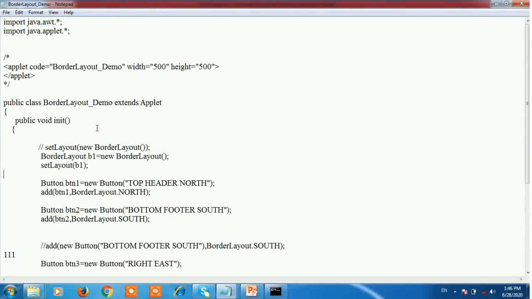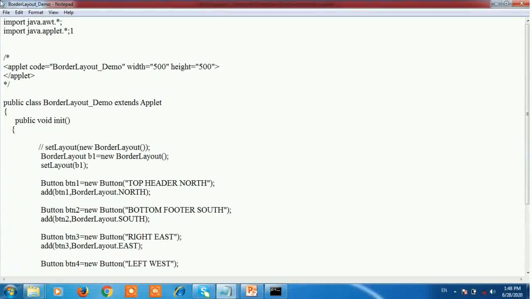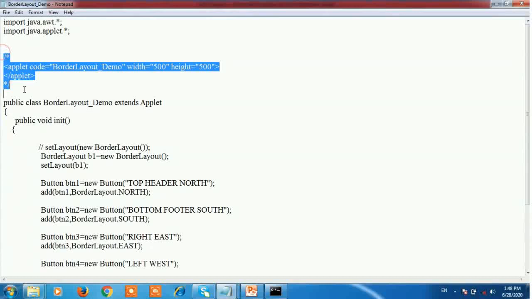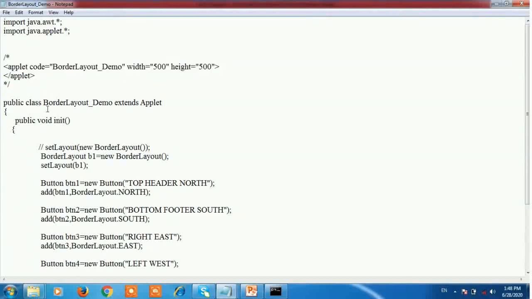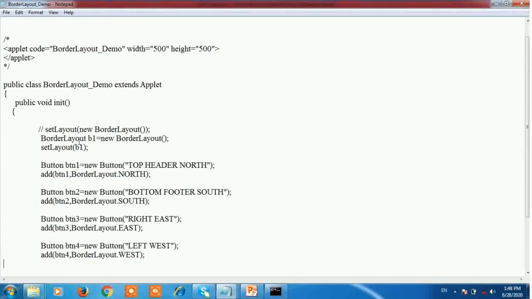In the init method, create an object of the border layout.